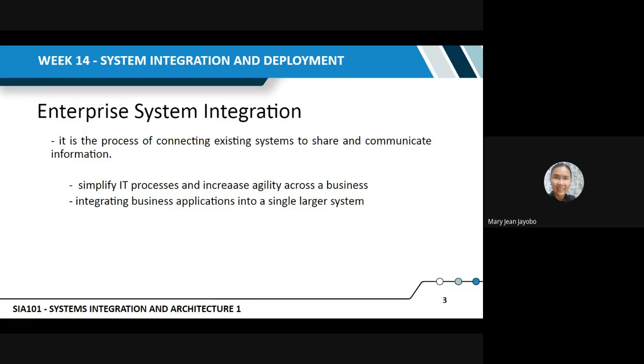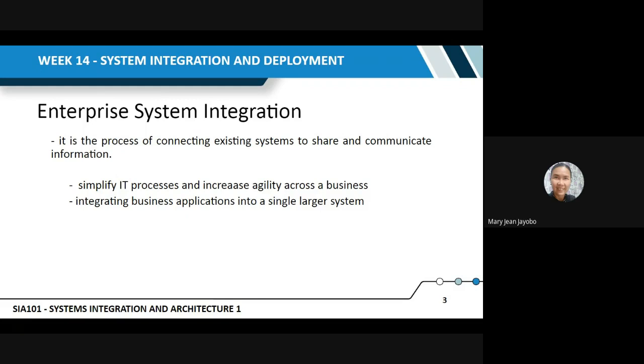Okay? Now, integrating business applications into a single, larger system. Because enterprises often have so many different software applications running simultaneously, it's easy for an environment to grow so complex that it's too difficult to manage efficiently and bogs down processes. So that is why you need to make it simple. Kasi minsan, ang tendency kasi ng mga IT,